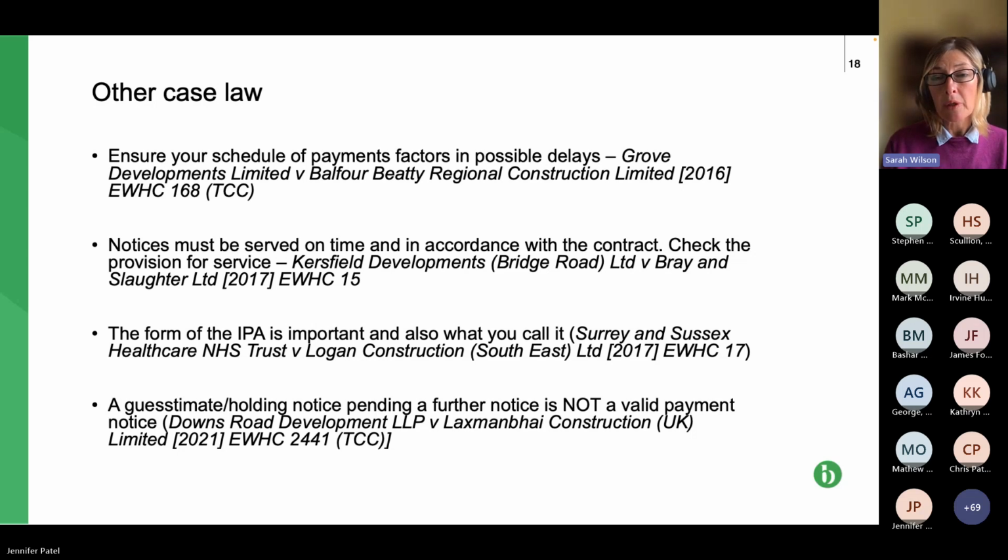The first one was held to be invalid because it didn't state the basis of calculation, because the court said it's not a valid basis of calculation if you say, I'm going to pay this on account because I don't really know what it's worth, or you say, I'm just going to guess this and give you something better later on, because that's not the basis of calculation. So it's quite strict, and quite an interesting case. More relevant to, I suppose, contractors in subcontract situation. Be careful